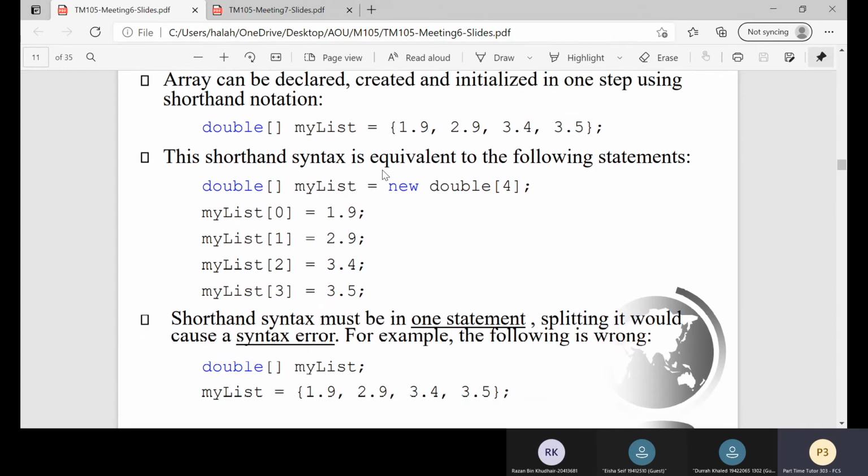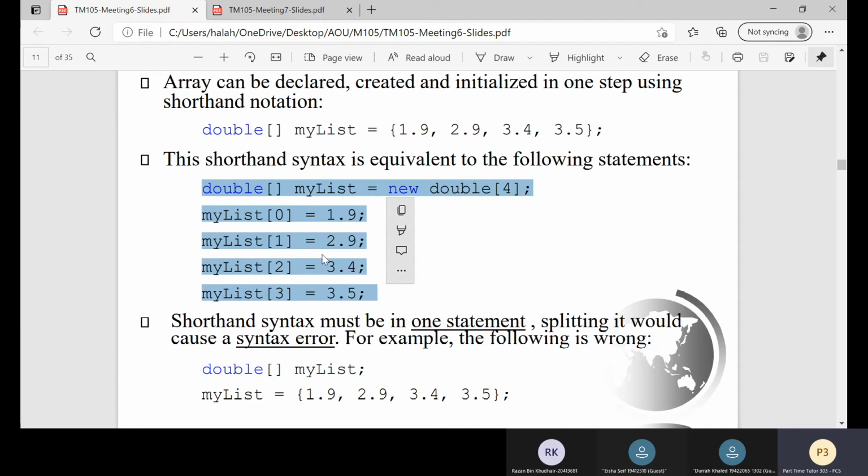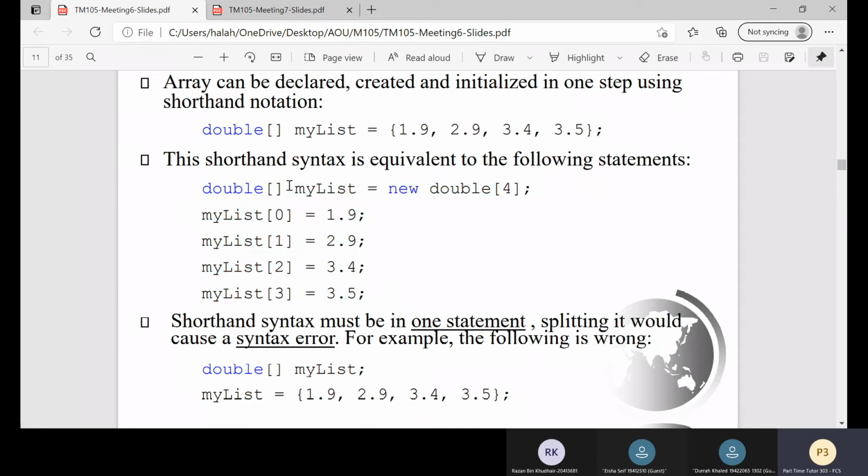It's the same if you said here. Here we define the array directly and give it the initial values. It's the same if you put this single statement in five statements this way. You create the variable, you give it the length of 4 elements, new double of 4, then store at